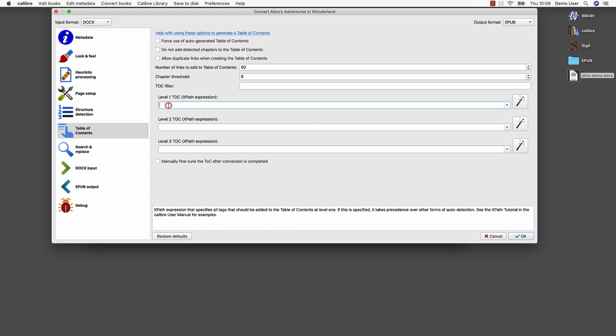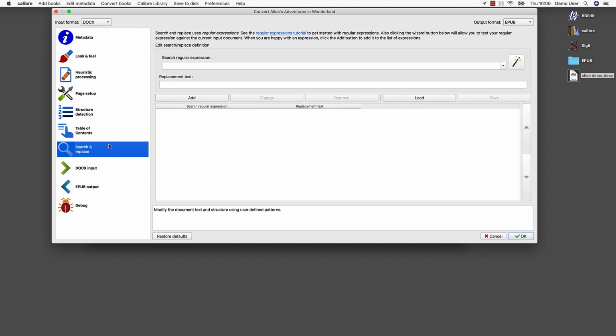The table of contents can be created automatically using the parameters we enter in this dialog box. We would like to generate a table of contents using the headings of levels 1, 2, and 3. The Search and Replace dialog box allows for text changes on all pages of the book. For our scenario, we want the ebook to be created unmodified, as it was written.